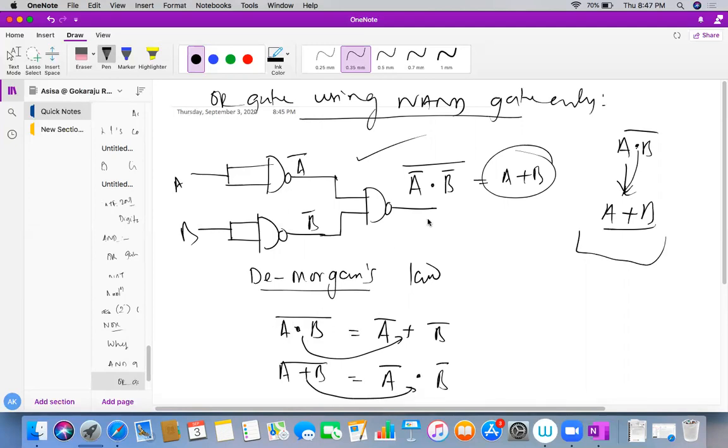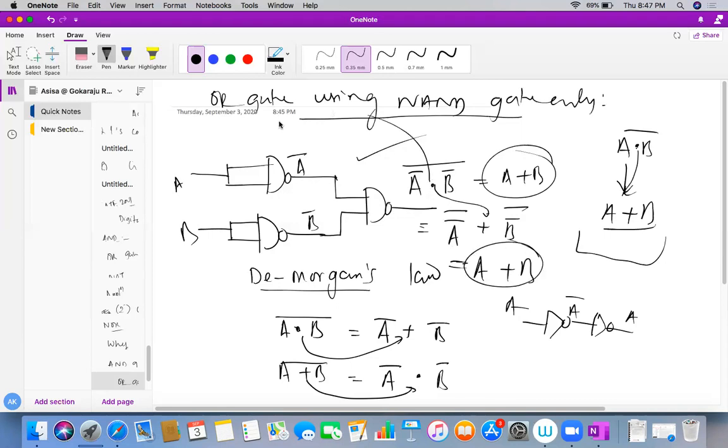Here you see A dot B bar is there. So break the bar, A bar bar, change the operator dot to or, B bar bar. So A bar bar is nothing else, here it is A. Here it is A bar. Another here A. So if I take this, it is nothing else, A or B. So this is the circuit which gives me OR gate implementation using NAND gate.